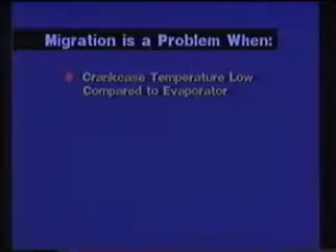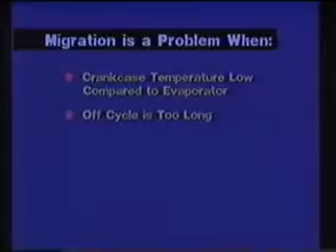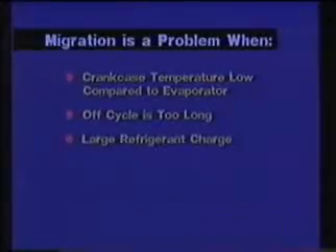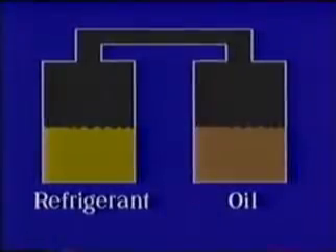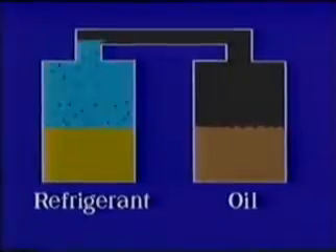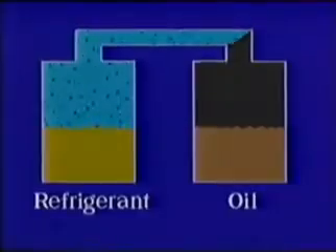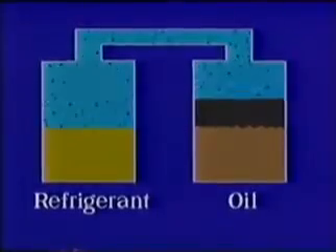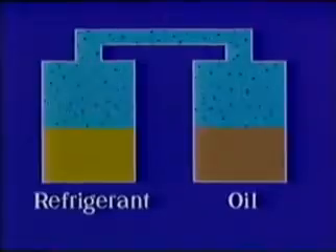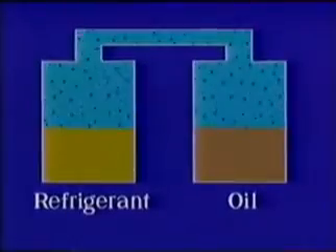But if the oil temperature in the crankcase is too low compared to the evaporator temperature, the off cycle is too long, or if there is an excessive charge of refrigerant in the system, migration can become a real problem. It is important to realize that only refrigerant vapor migrates, not the actual liquid itself. When a compressor is off, the refrigerant vapor is drawn to the oil because oil has a lower vapor pressure than the refrigerant vapor. The cooler the oil, the lower its vapor pressure, and the greater the attraction for refrigerant